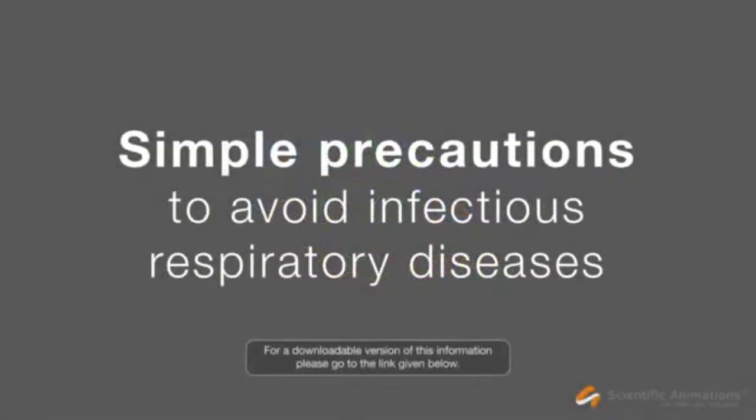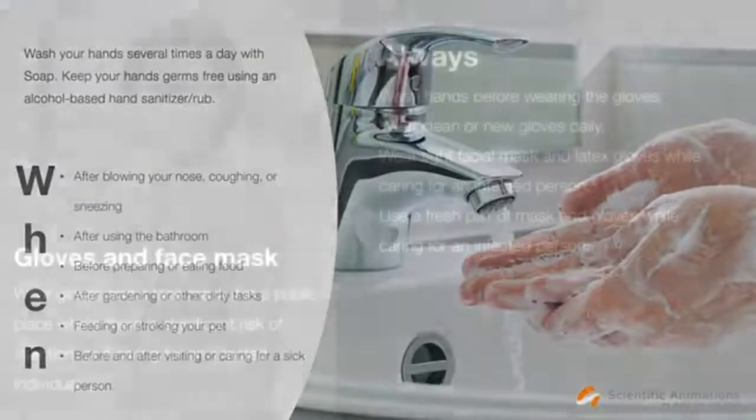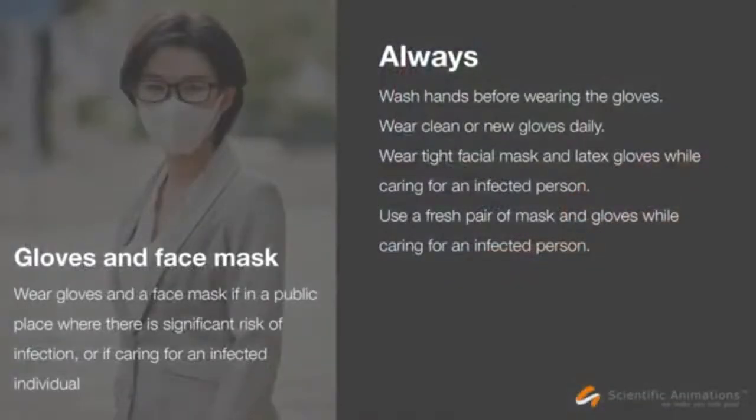There is currently no cure or vaccine for the 2019 novel coronavirus, and treatment is only supportive. Therefore, preventing transmission is paramount. As an airborne virus, recommended precautions are similar to those for preventing the flu. This includes